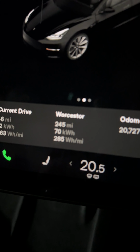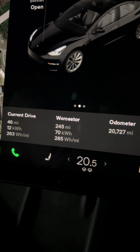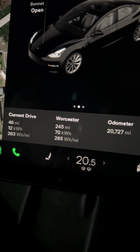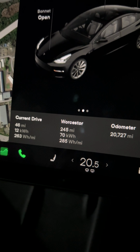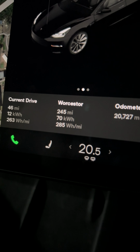Okay, so I've just got to Worcester. And would you believe it, the Tesla has a 70 kilowatt hour battery, and I've used exactly 70 kilowatt hours. So let's look at the final journey. There we go. 70 kilowatt hours to Worcester. We got 245 miles. So of course we did stop for that supercharge, but essentially that should give you a pretty rough estimate of what you would get if you went completely full to completely empty on a January day,